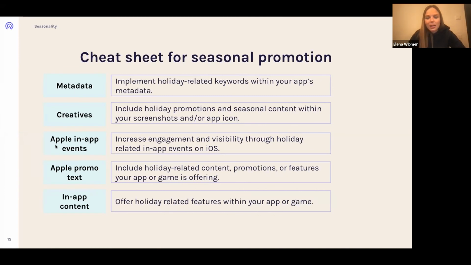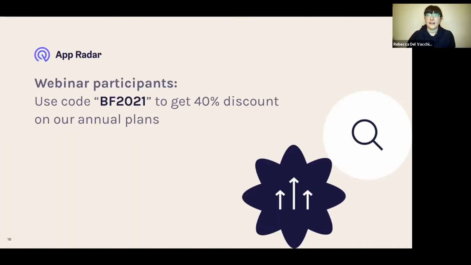And another thing that is actually a quick change that you can always do is on Apple, changing the promo text. You have that field. It is not indexed for keywords, but it can still be a nice way of improving your conversion rate while you tease your promotions that you're offering or special features that the game is offering in that specific season of the year. So we hope that this quick cheat sheet together with the seasonal dates that we mentioned will help you to be prepared for the upcoming season that might be important for your own app as well.